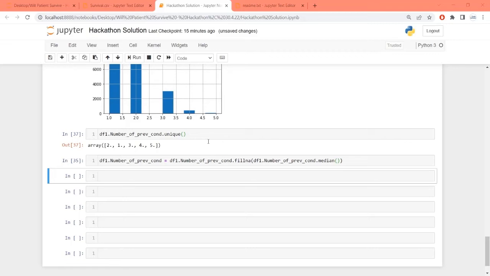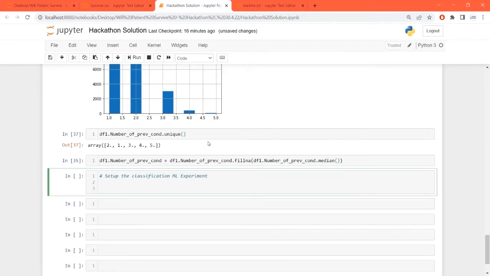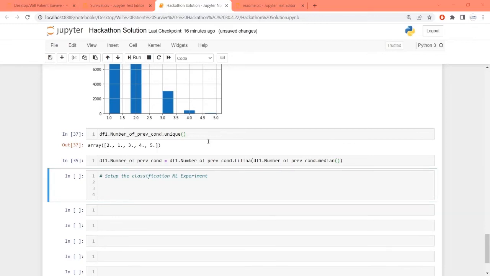Now we are going to set up the classification ML experiment. For this I am using PyCaret.